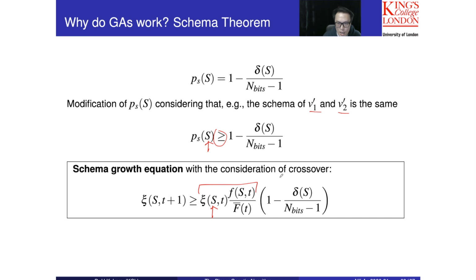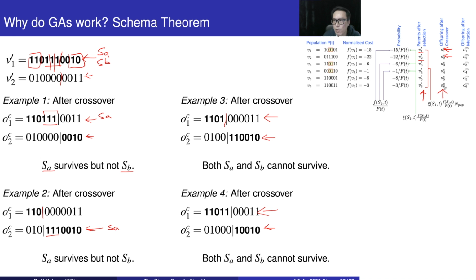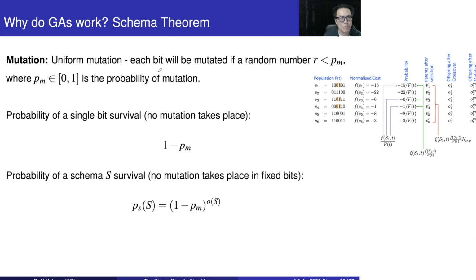The number of strings times the probability of survival after crossover gives the number of S at this point. Now we move forward, perform the mutation, and see how many strings will stay after performing the mutation. Uniform mutation means each bit has a probability to mutate, that is, to change from 1